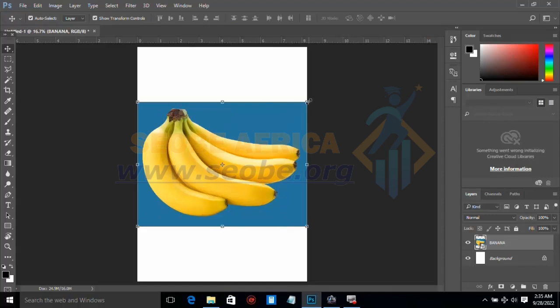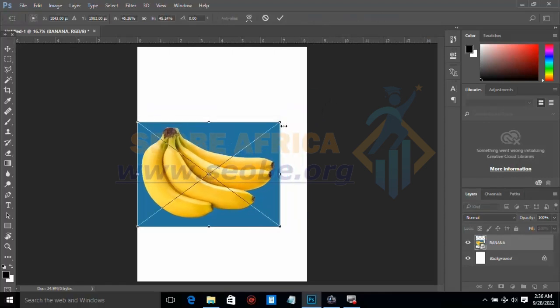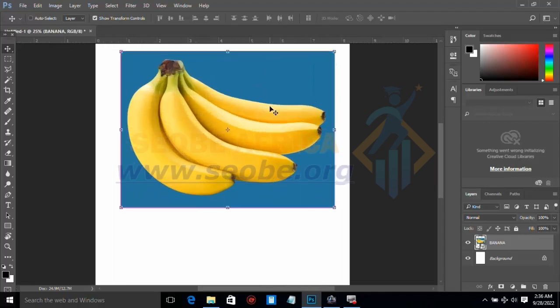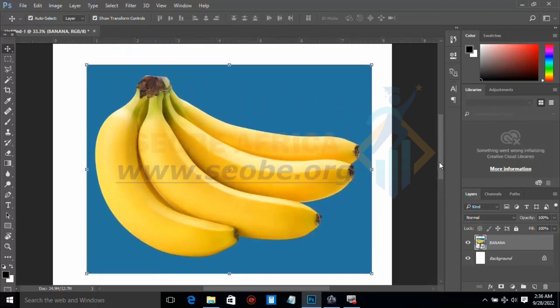I'll press shift on my keyboard and then click on this edge here and drag it in. Then hit enter on my keyboard, then position it. Then I'm going to be clicking Ctrl plus on my keyboard to zoom in. All right, so the second way, let me just